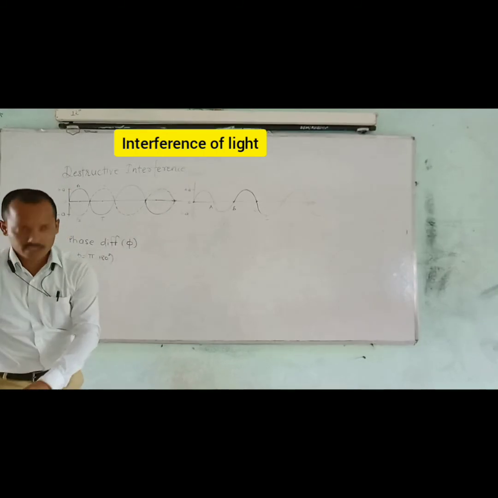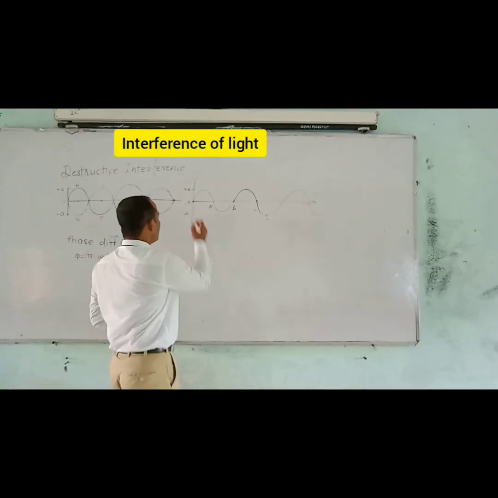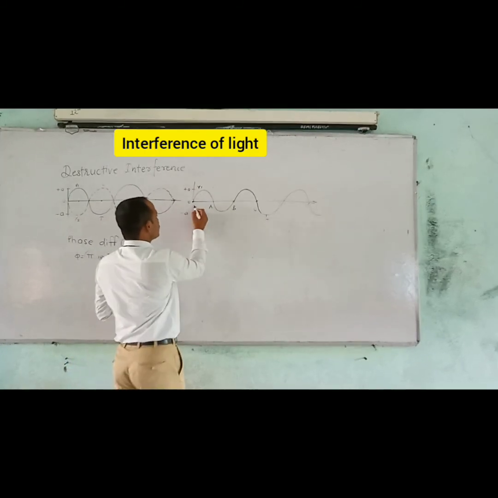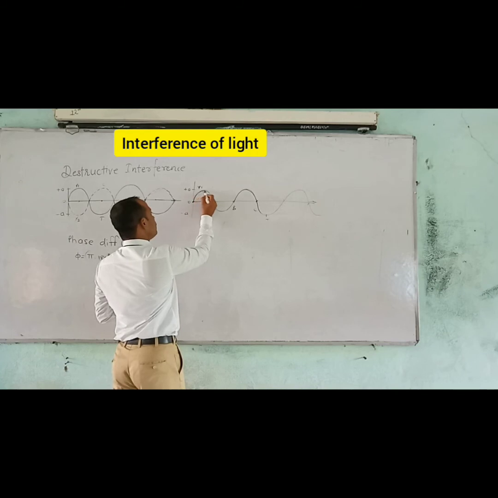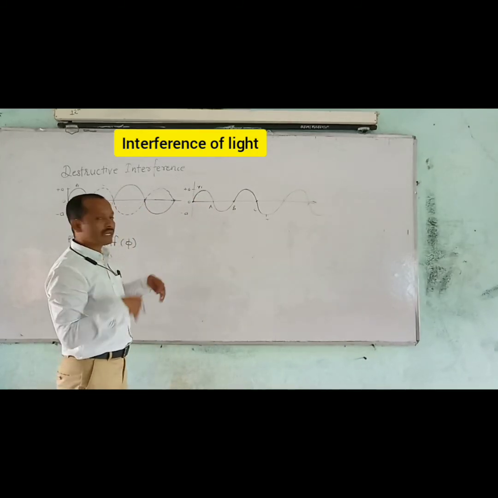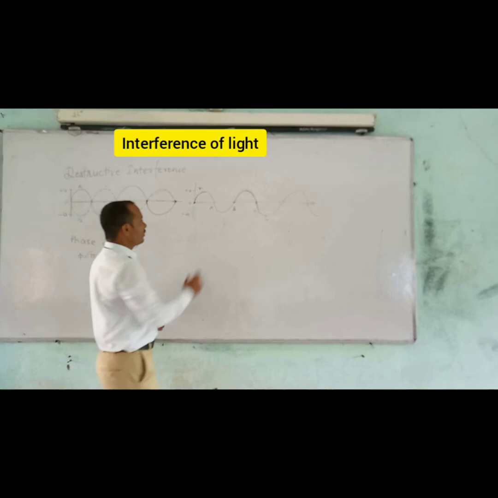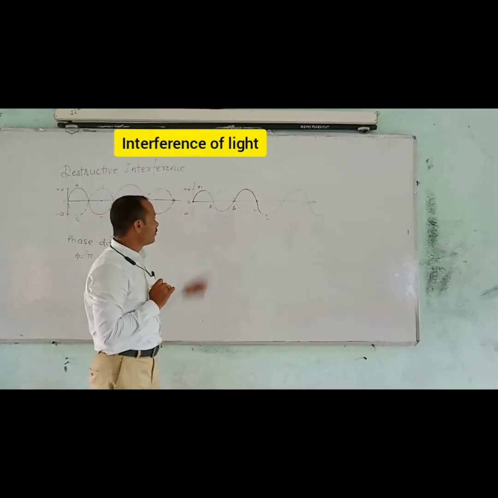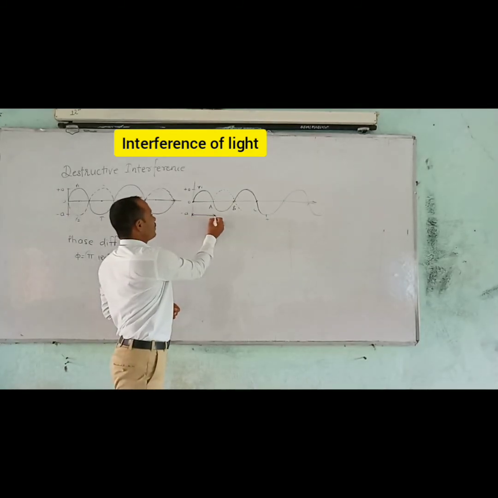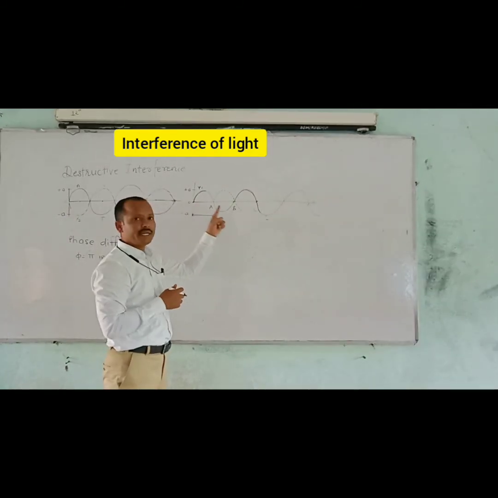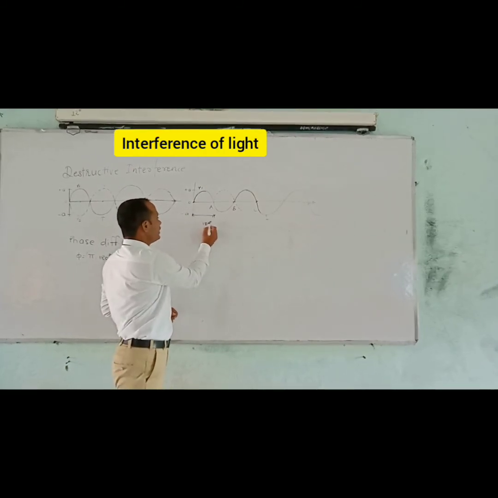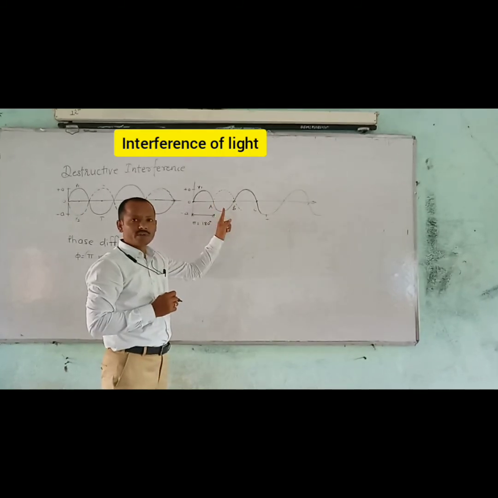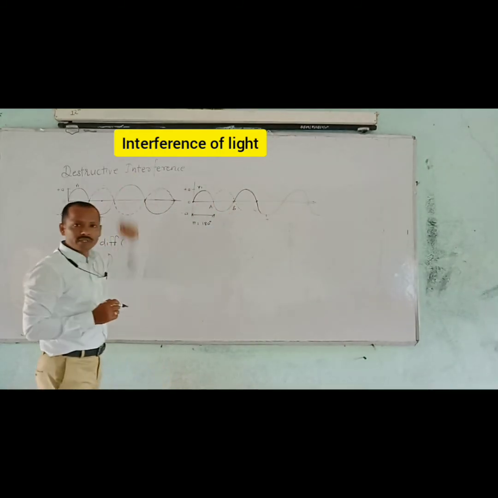We can study this using another example where y1 starts from the point O, and suppose another wave starts from the same point, then there is no phase difference and we get constructive interference. But when the wave starts from point A onwards, then we get a phase difference between the two waves, between O and A, of 180 degrees. It is equal to pi, and the crest of the one wave coincides with the trough of the other. We get destructive interference here.